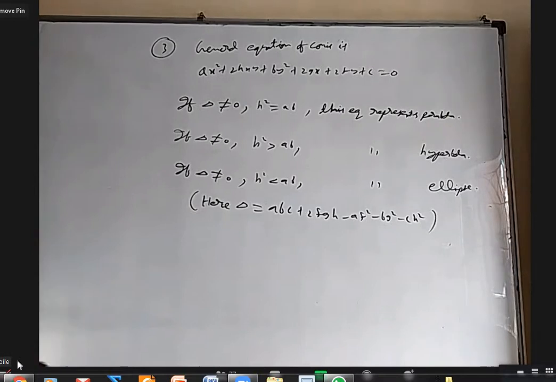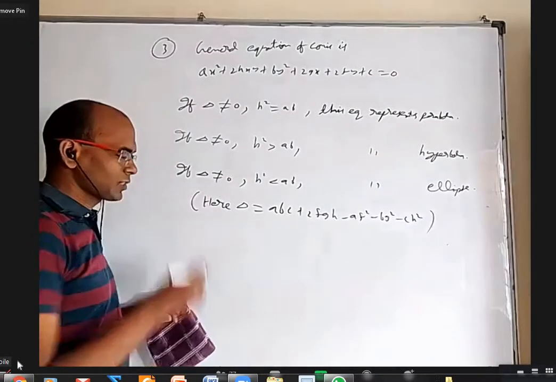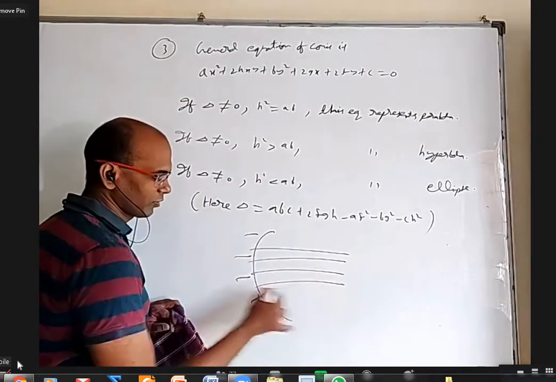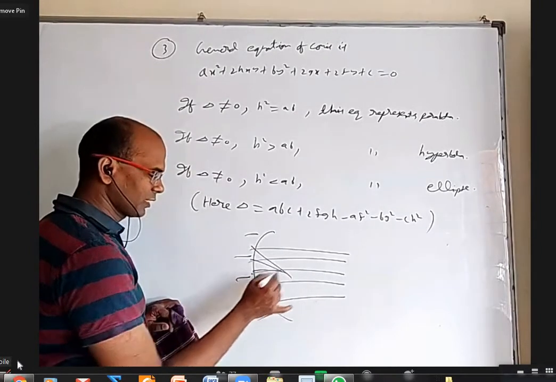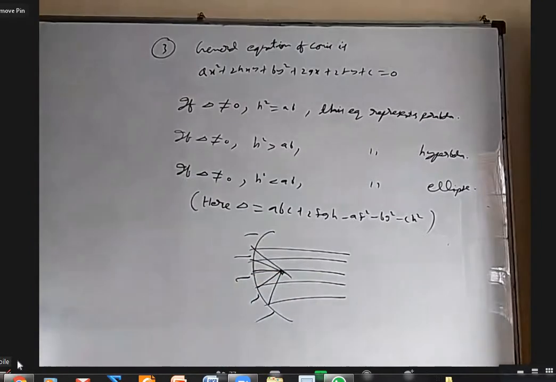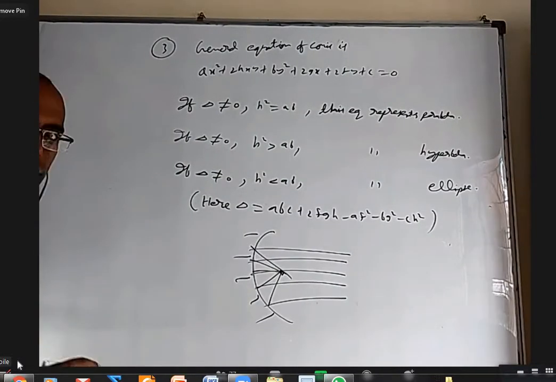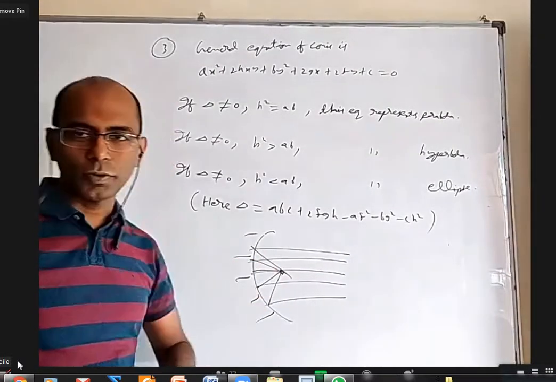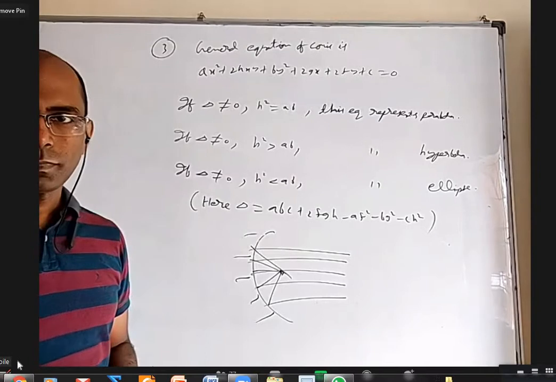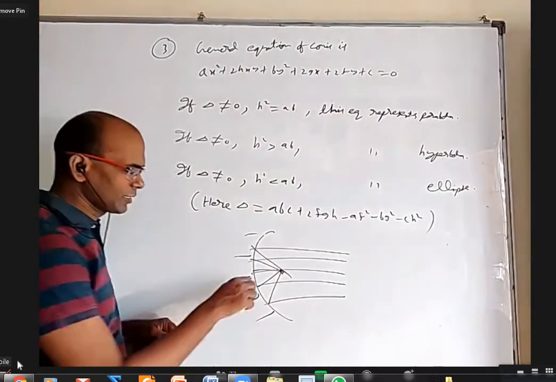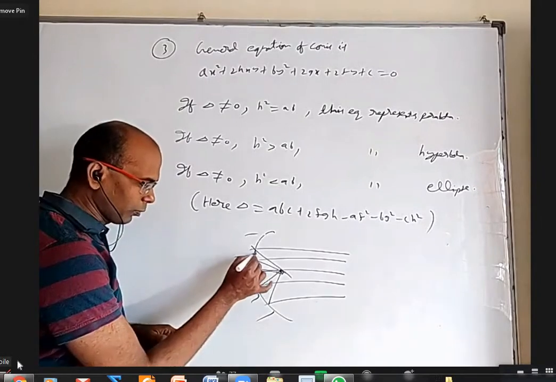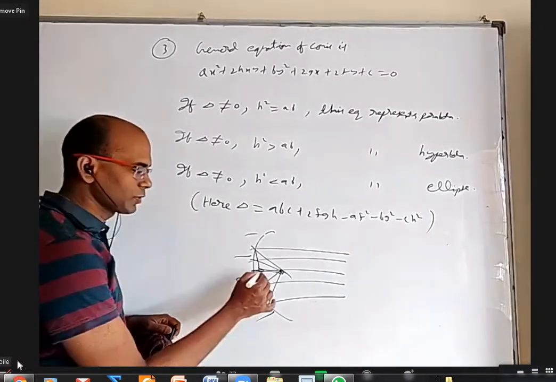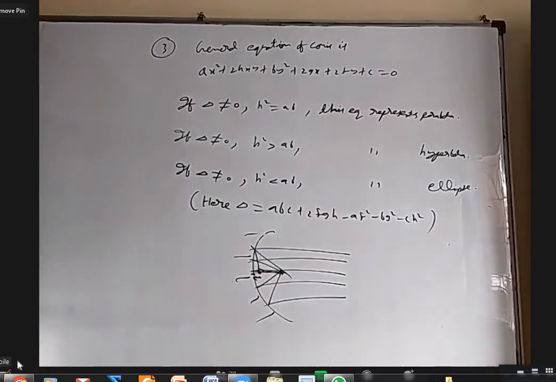No, sir. In your school level, you might have studied that we have a circular mirror like this. You send some parallel beam of light and they all converge here, and that point is called focus. But I think you very well know that if you take a circular mirror and a parallel beam of light, they don't actually converge at a point. While proving this, we prove this length is r by 2. You drop one line here and you assume this point and this point are very close. That's how you prove that this is r by 2. You remember that? Yes, sir.